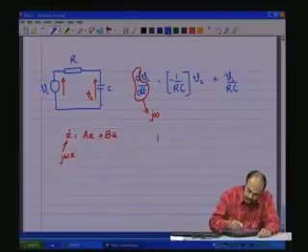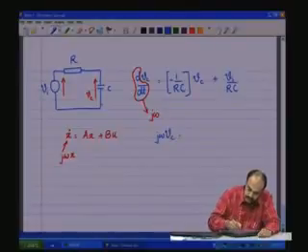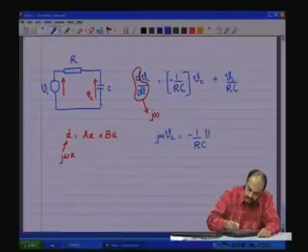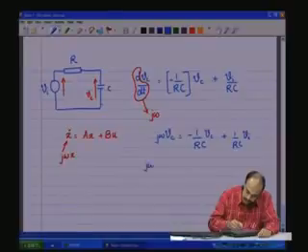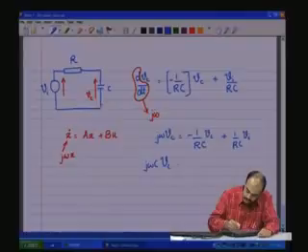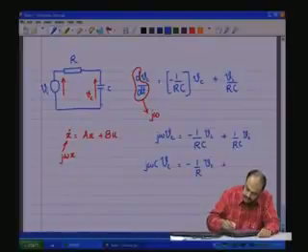So, we have j omega Vc which is equal to minus 1 by RC Vc plus 1 by RC Vi, and let us take C on this side, becomes j omega C Vc which is equal to minus 1 by R Vc plus 1 by R Vi, and we know that